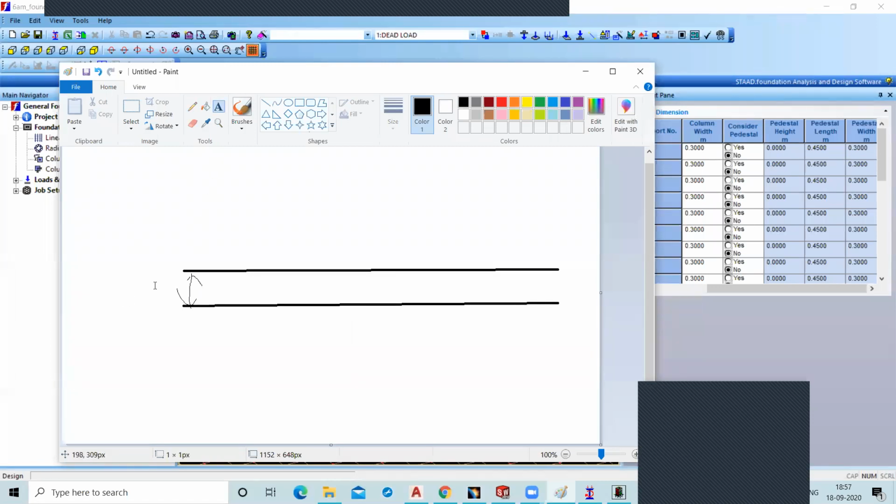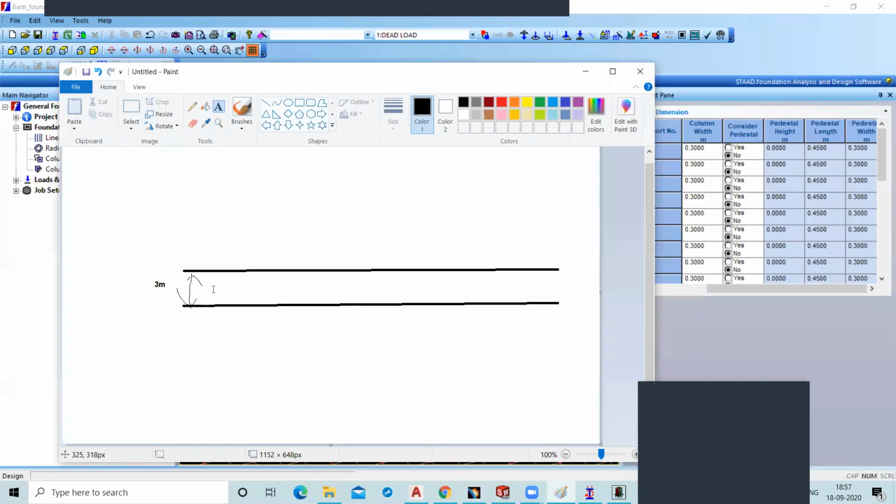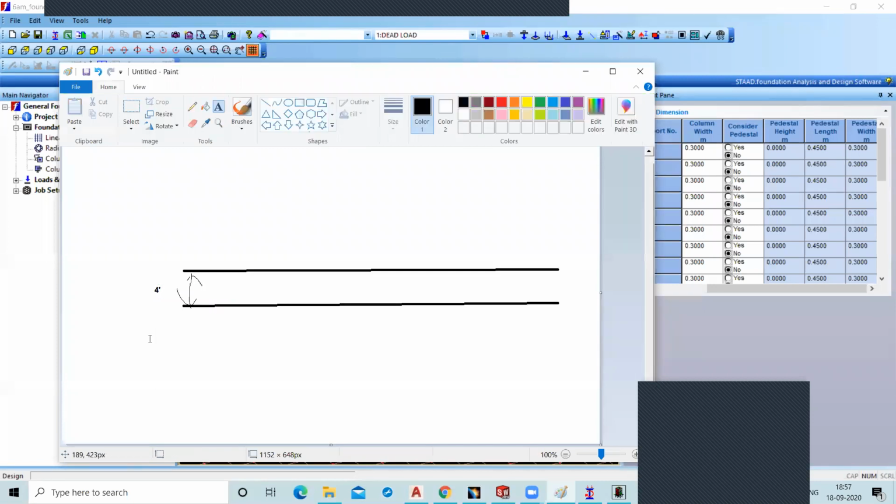You told me 3 meter. 3 meter is 10 feet, so you just consider 3 feet or 4 feet. So this distance is 4 feet depth to the foundation, right, Dinesh?